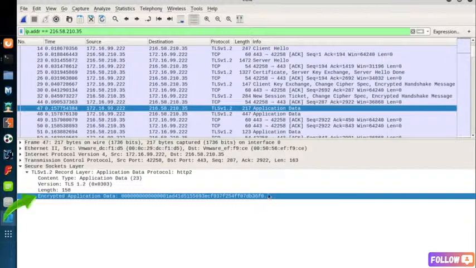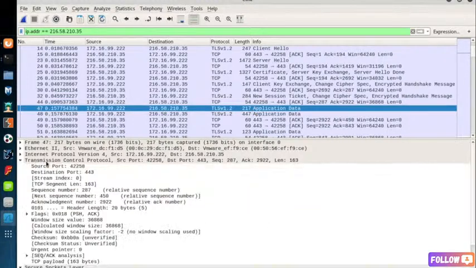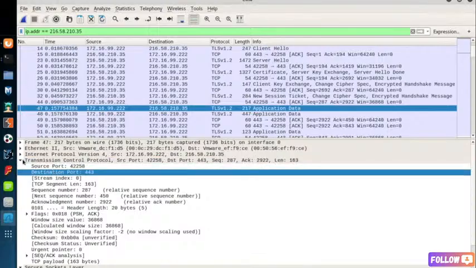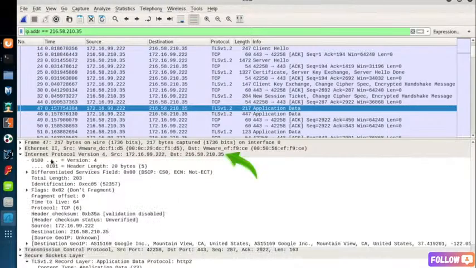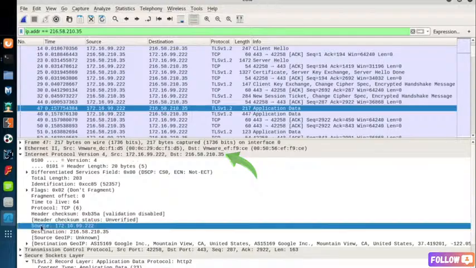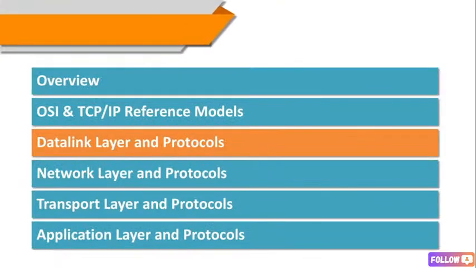Here is some encrypted application data, which is meaningless for others who listen to the traffic. And as you can see here, the message is encrypted at the application layer, so you can still see the source and the destination addresses, the ports, etc. All right, so since there's really nothing much to say about the physical layer, because in this course we're really looking at the digital side of networking, I'd like to just skip that and start with the second one, the